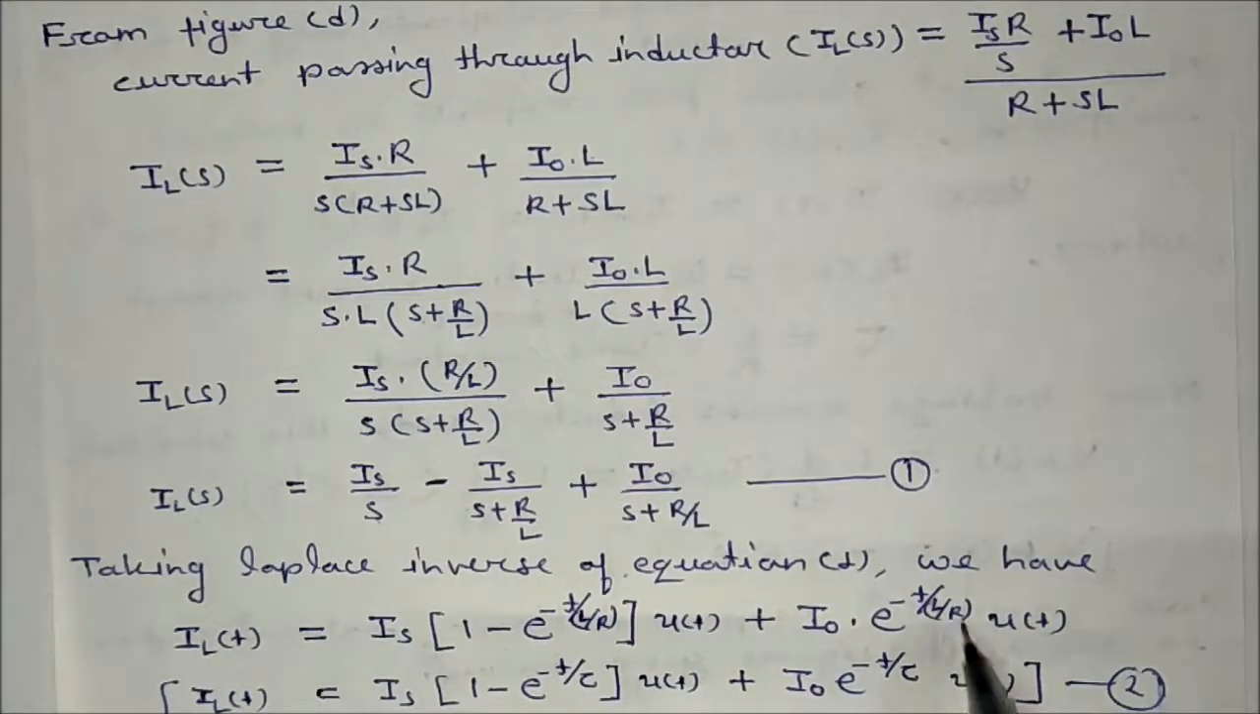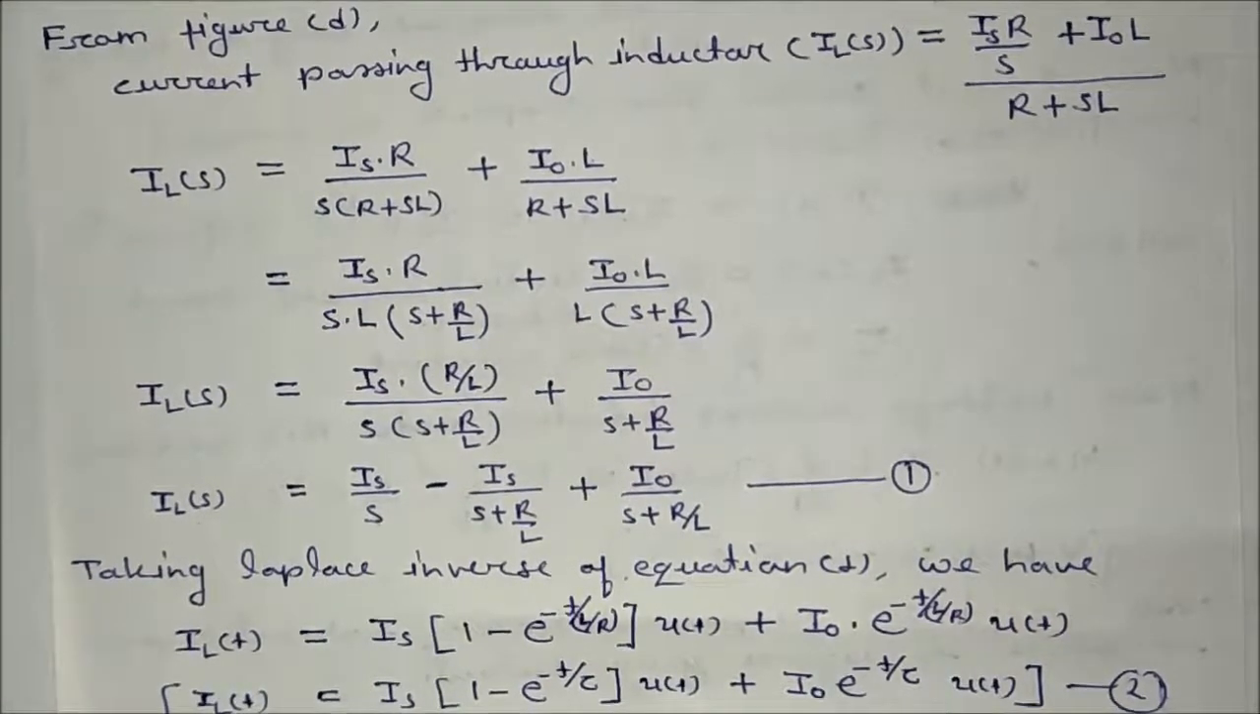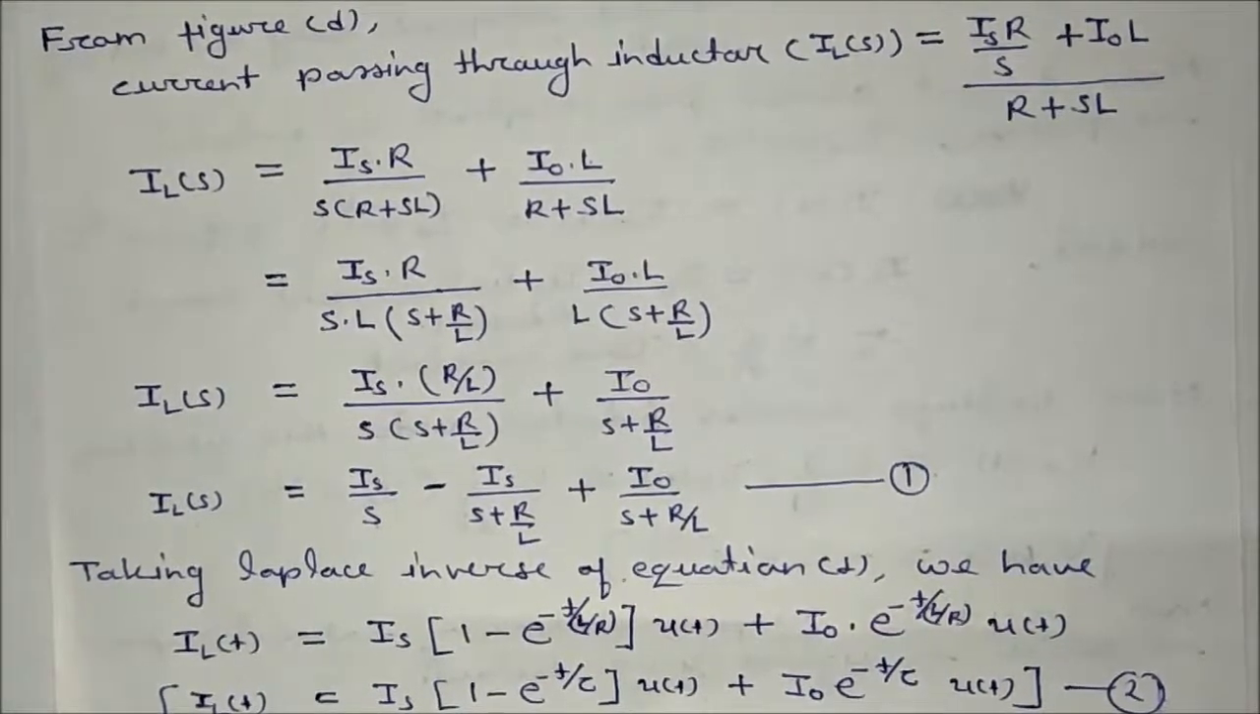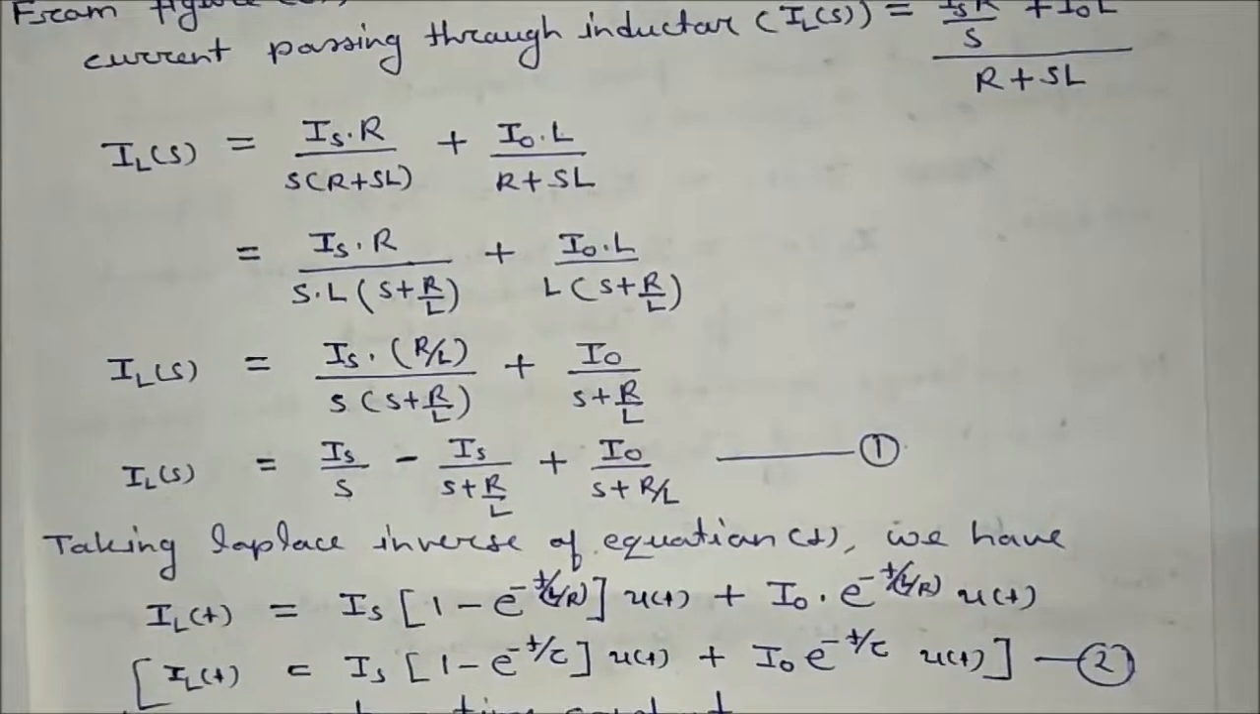Okay, where L by R is what? That is known as the time constant. Okay, so L by R is the time constant. So we have got IL(t) is equal to Is (1 minus e to the power minus t by tau) plus I naught e to the power minus t by tau. Now see,